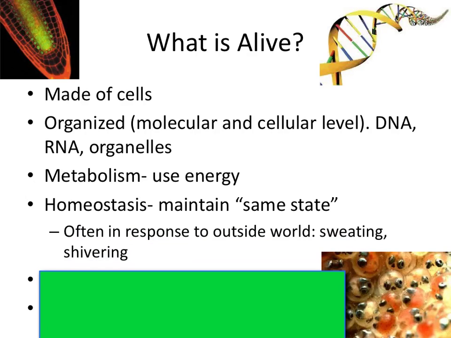Another big term we're going to focus on is all living things maintain homeostasis. Right? Homeo means same, stasis means state, so it literally means the same state. So you do something to keep your body in the same state. Often, this is in response to the outside world, response to external stimuli, we sometimes say. So for example, if it's really hot, your body might start sweating to cool you off. Or vice versa, if it's really cold, your body might start shivering to warm you up. Those muscles move around using up energy. Right? The most classic example of homeostasis would be your body temperature. Right? We all maintain roughly the same body temperature, 98.6 degrees Fahrenheit. But this is just one of many, many, many examples of how we maintain homeostasis.